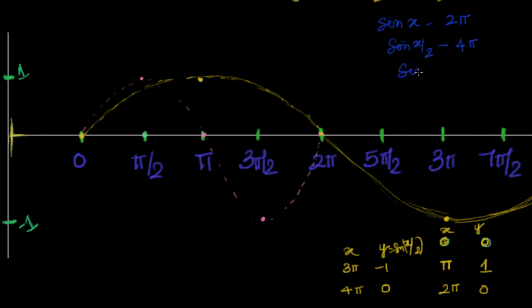Now we are interested in finding out for sin 2x. Based on that, we can come to a conclusion how it is changing. To know for sin 2x, I will take it here and look at different values of x. X equal to 0, sin 2x equal to 0, so my starting point is the same. If x equal to pi by 4, 2 into pi by 4 is pi by 2, so it is 1 at pi by 4.